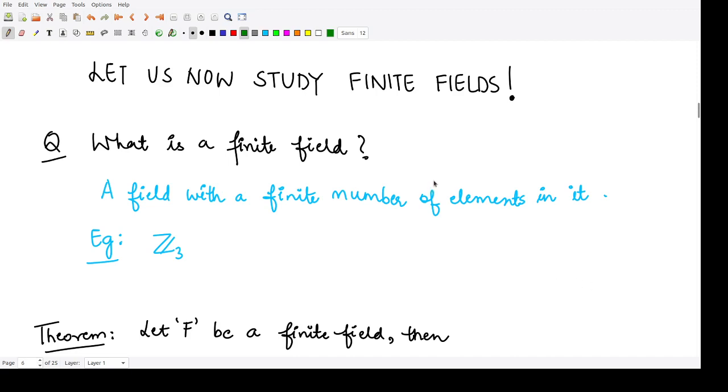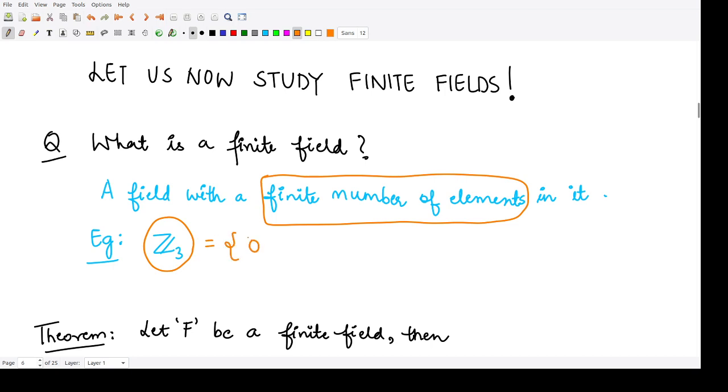So next let us discuss finite fields. First of all, you should know what a finite field is. We already know a field containing a finite number of elements within it is called a finite field. For example, the field Z3, integers mod 3. This is a finite field because the elements present here are 0 class, 1 class